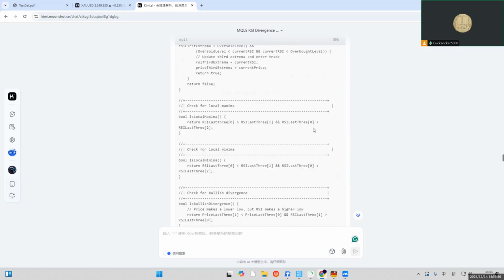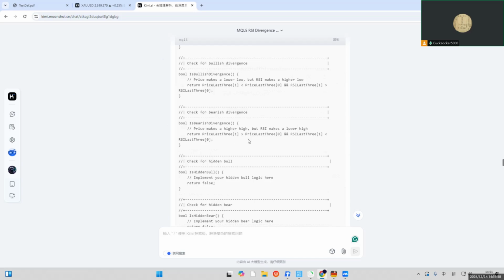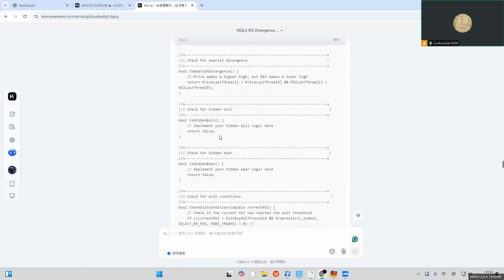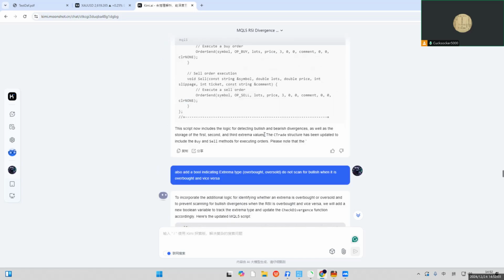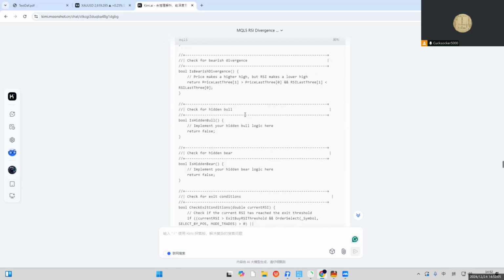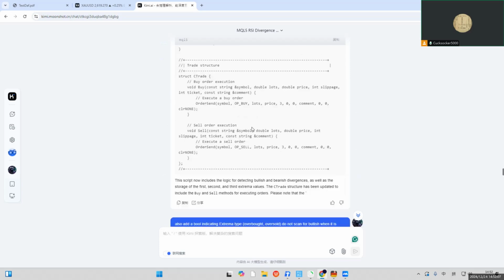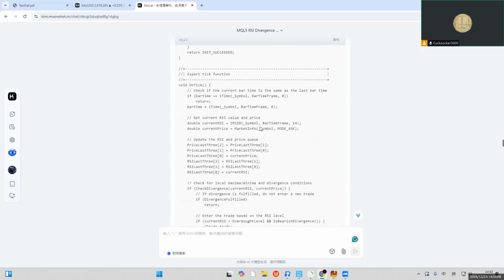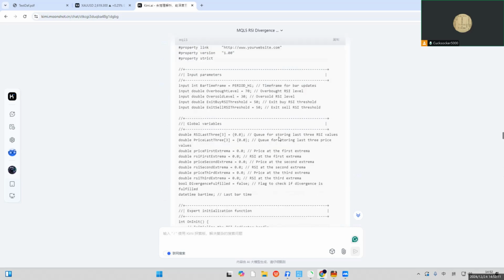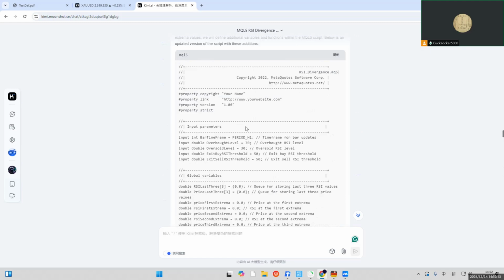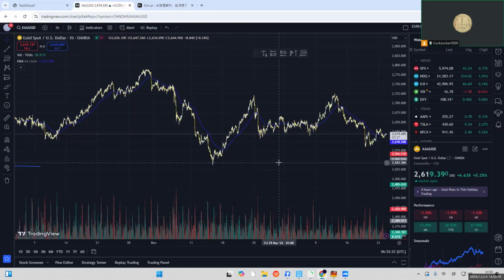So that is basically the logic. We're still developing the EA, so I might not just share the divergence. I think there's a lot of issues with this RSI divergence because